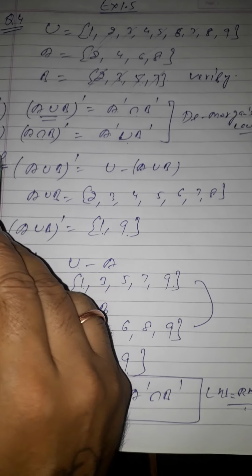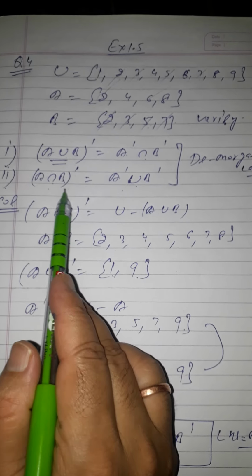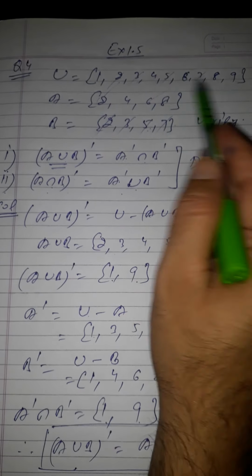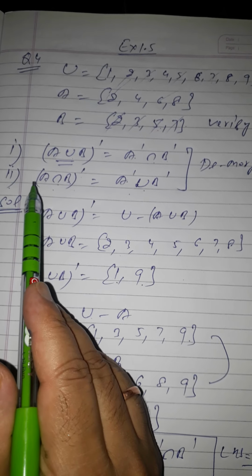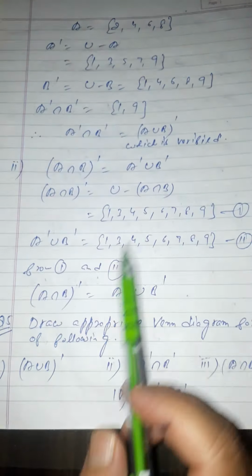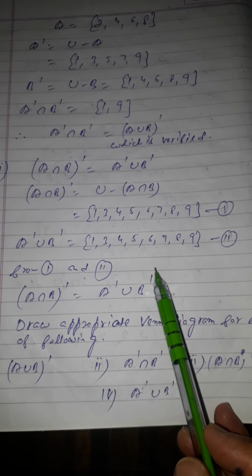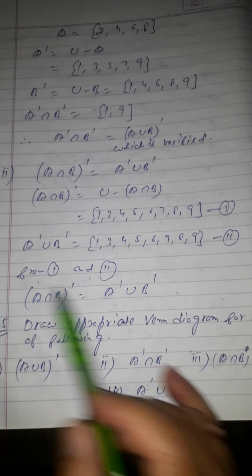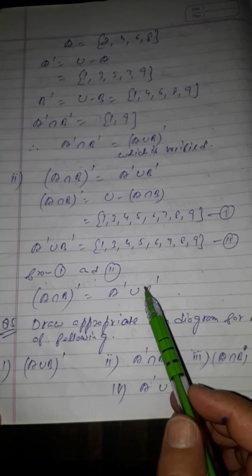Clear, students? In the same way you can do the second part also. Here you can solve it by using the property, but here the question is given to you with the same values, so you will take them and prove the second part in the same way. Students, here in the notes I have done the second part also. If you have any problem there, you can see whatever way I have used, and you can use that way to solve the question.